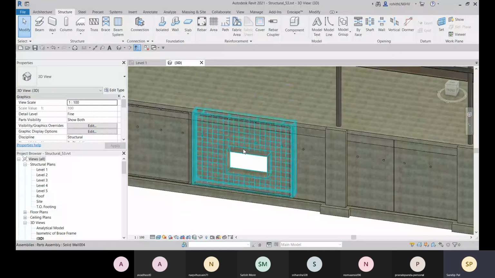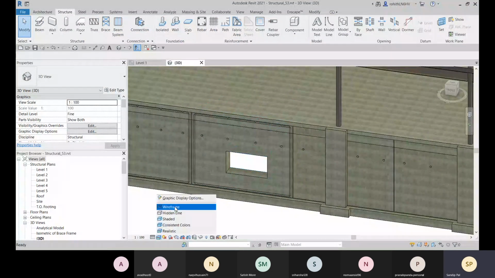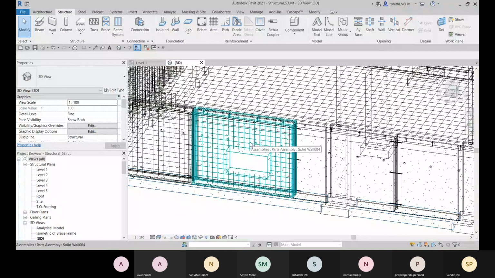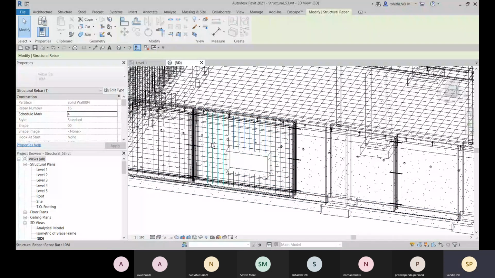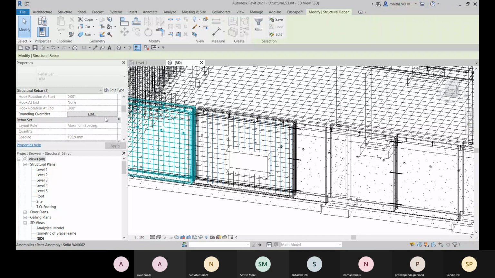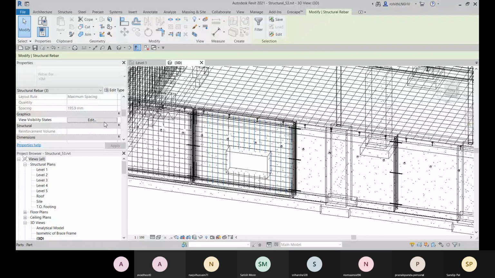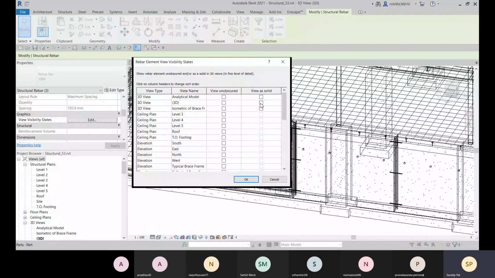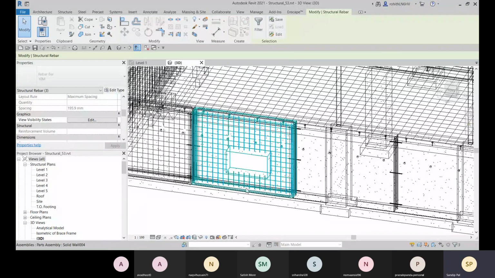Okay, and now let me go for this wireframe. And you can select these all. Go for this view as solid and all.